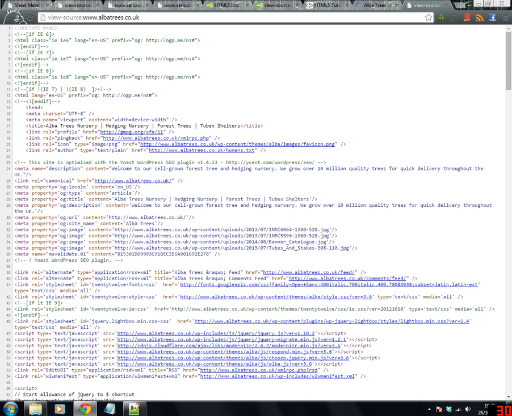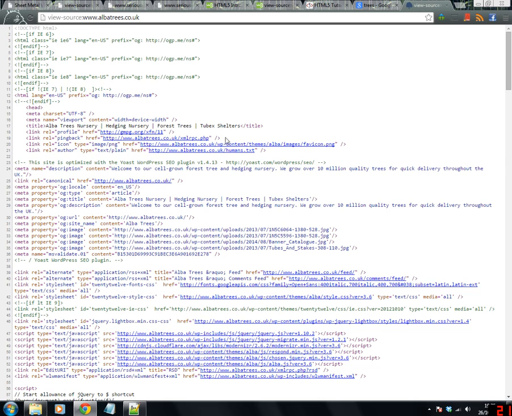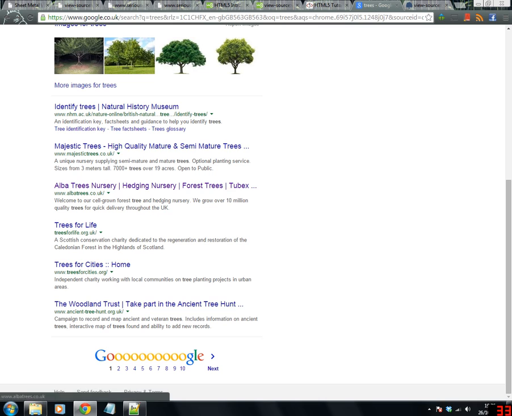can I just find it? Hedging Nursery, through the UK. Was that what we saw? I don't think it was, actually. What was it? Welcome to over 10 million quality trees through the UK. So that is just directly displayed in the Google subtext. The title is what's displayed at the top. Now, if we go back to that website,